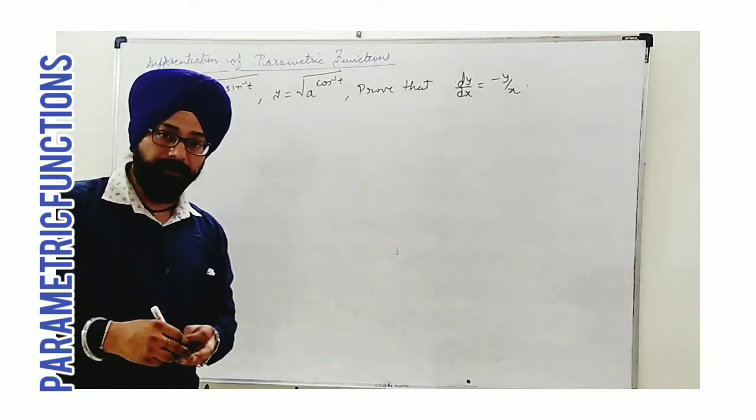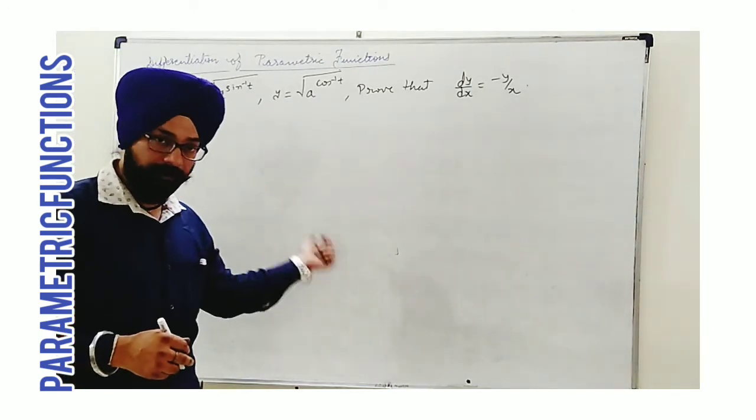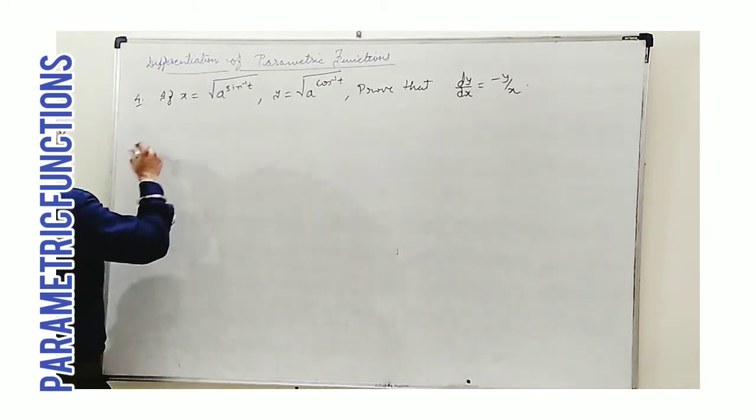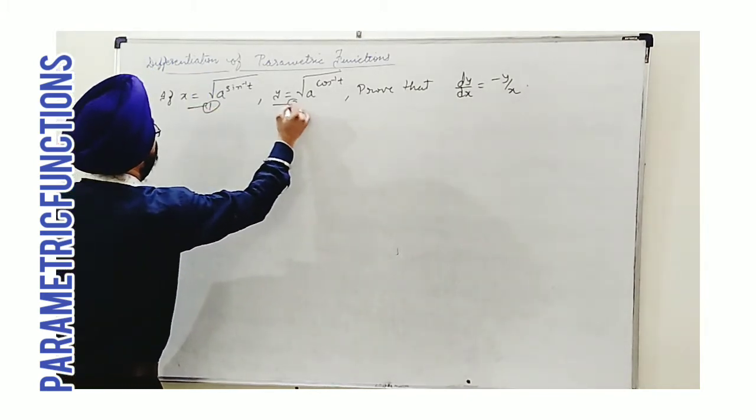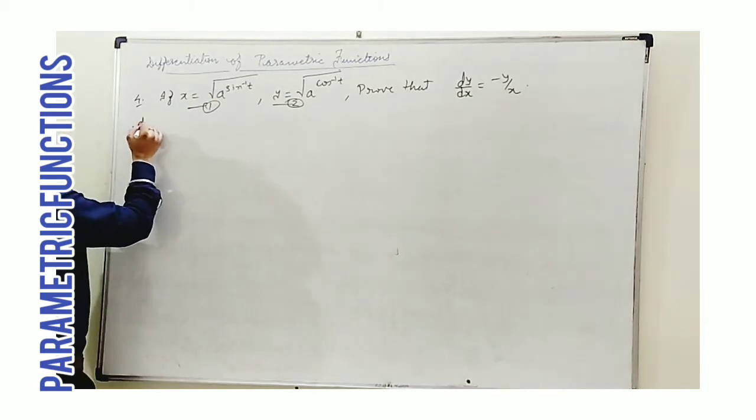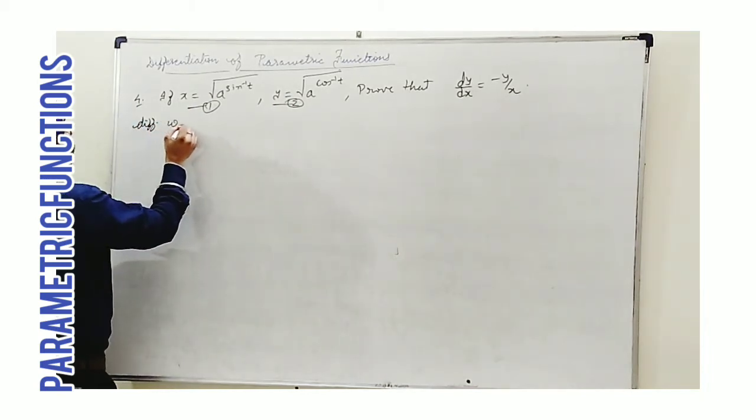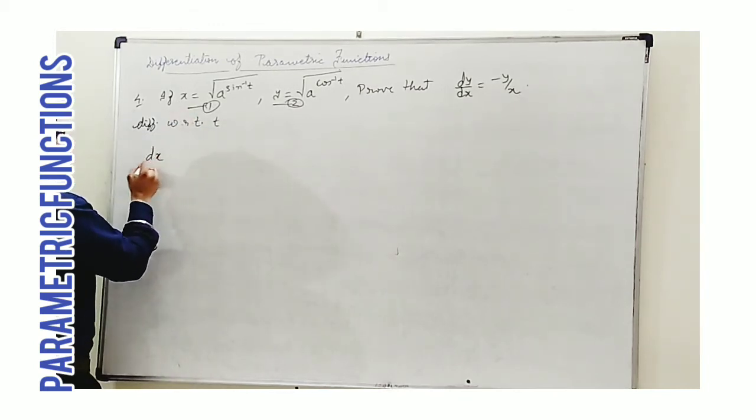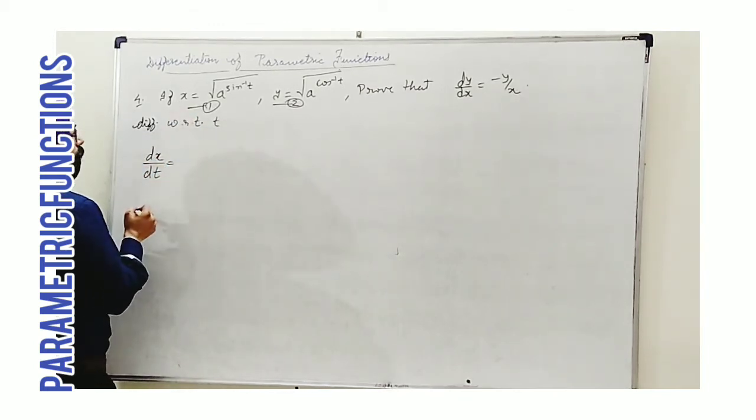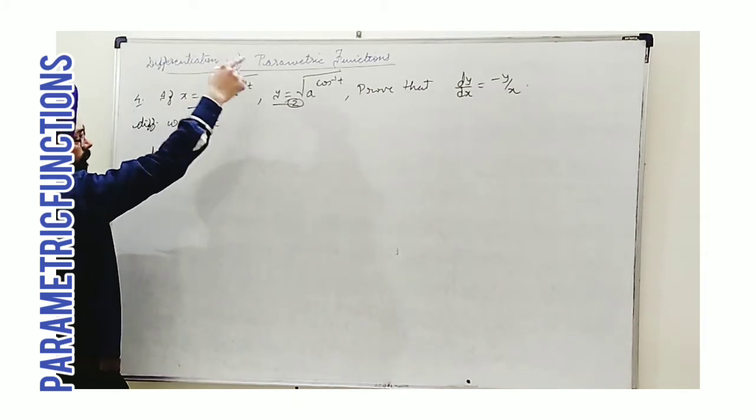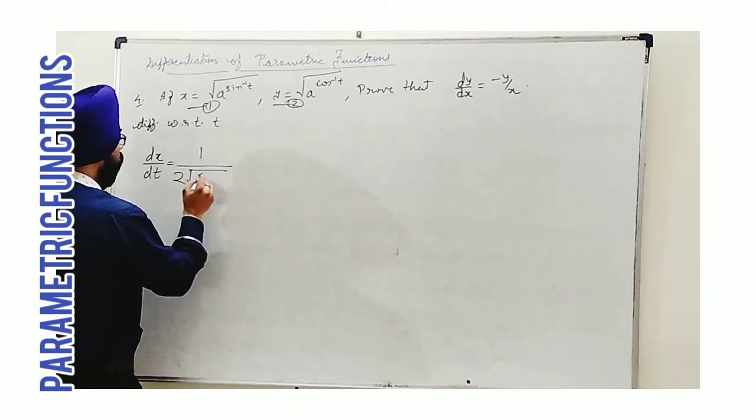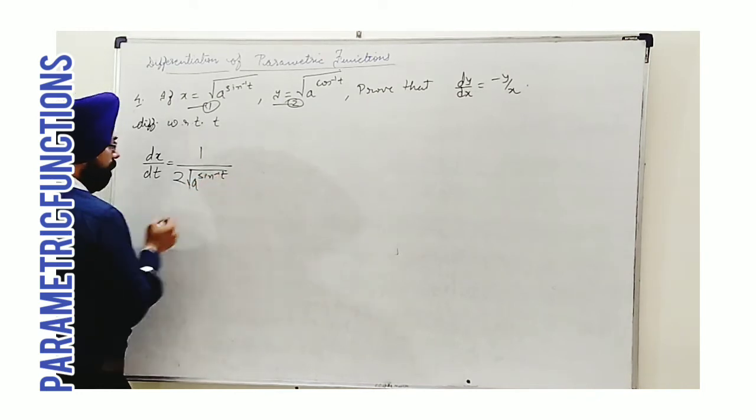Here I will try to introduce two methods. One with manipulation and the other without manipulation. So if I do directly, equation 1, equation 2, differentiating with respect to t, I get dx upon dt. As I see, a root function is given. So first of all, 1 upon twice root a to the power sin inverse t as it is, into